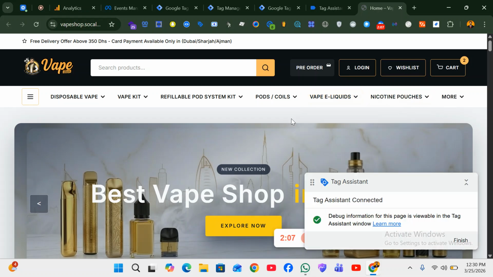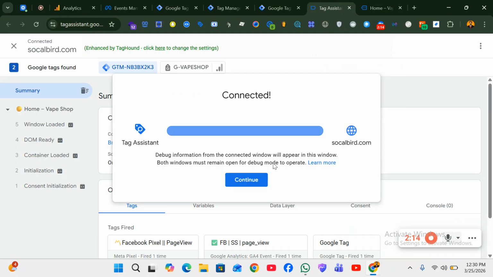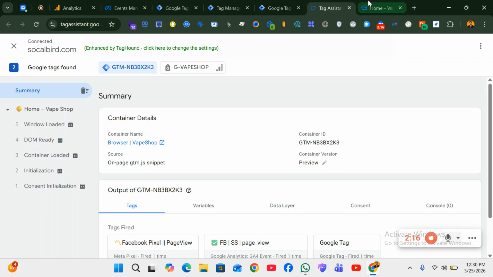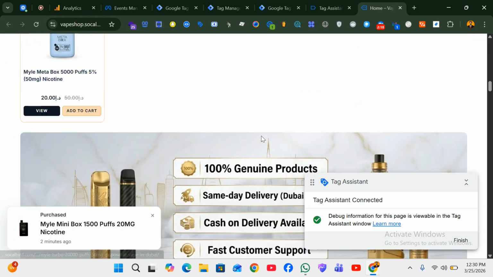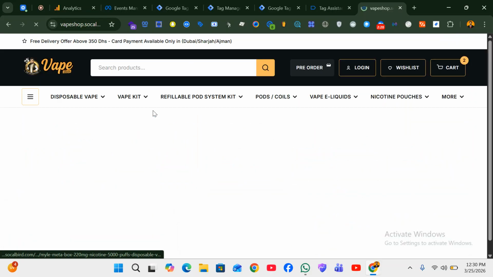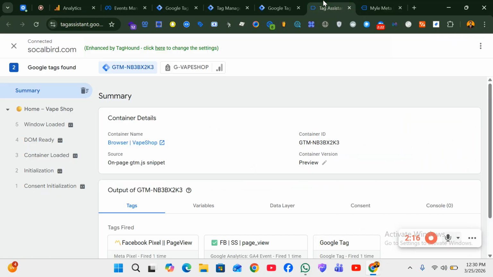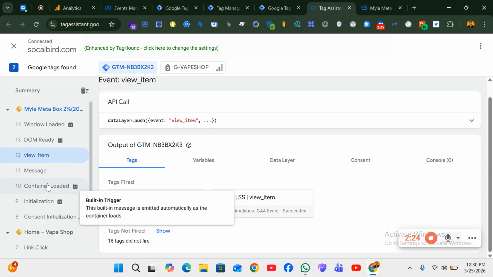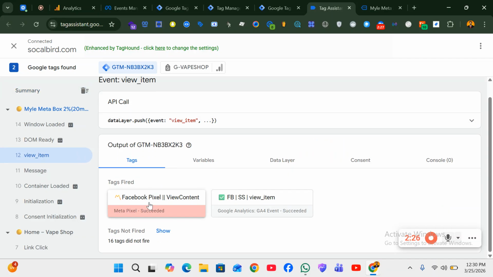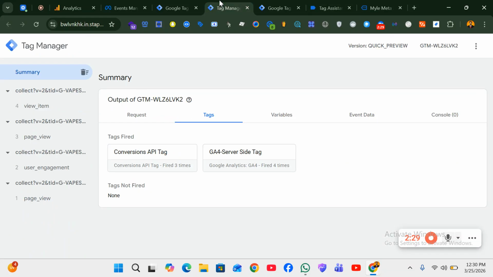Our website is open. The tag assistant is connected. Click the tag assistant. Click continue. Then we scroll the website. If we click a product item, then our website events are firing view item, and our